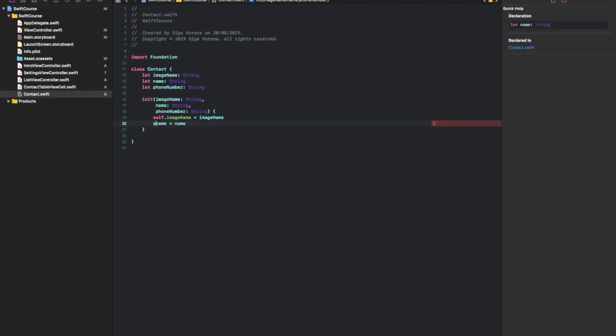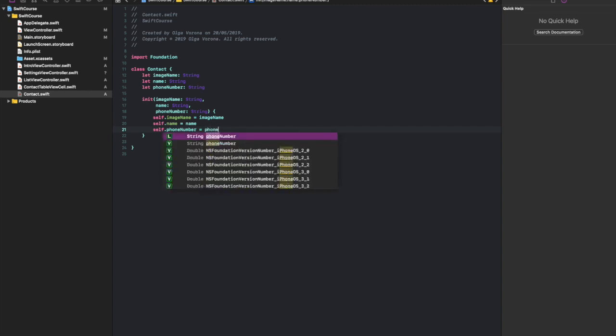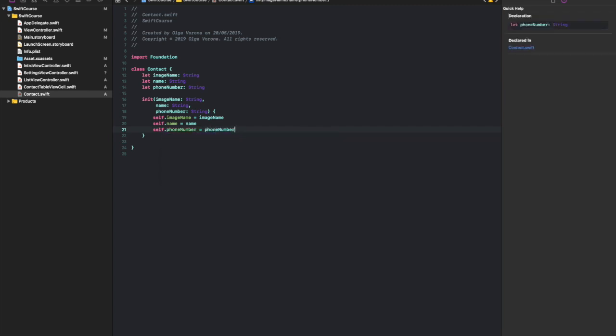You cannot write name is name. You need to use the self keyword. And this is how our class looks like. It has three variables and an initializer. After we created the class, we go back to our